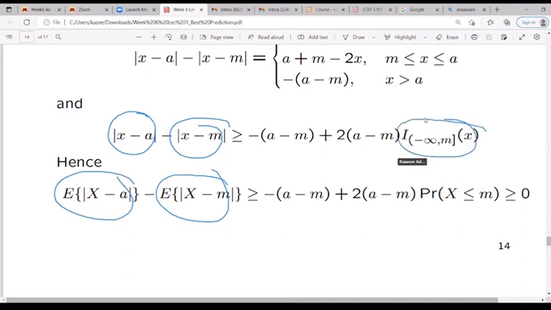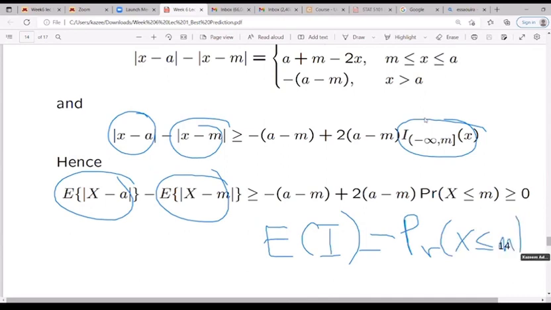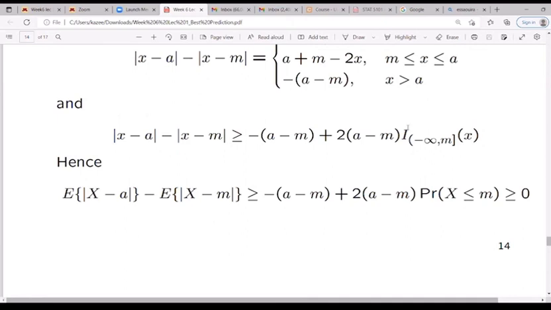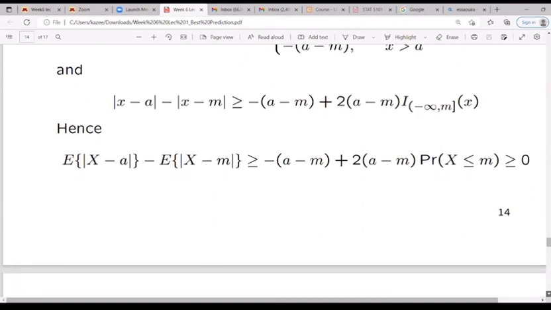Don't you remember the other time, we already figured out how the expected value of the indicator is actually the probability associated? You understand what I mean? You remember when I was saying probability is a special form of expectation. I think we're recalling that now. So that was how the expected value of the indicator is the probability. Why is it probability? I think you remember when I was walking you through, because that indicator is binary. I think I derived that before, so take a look at that.